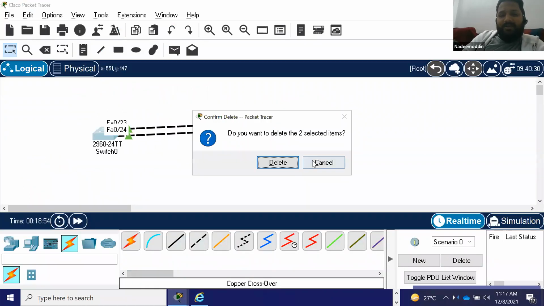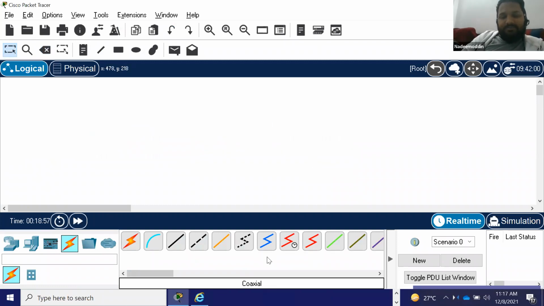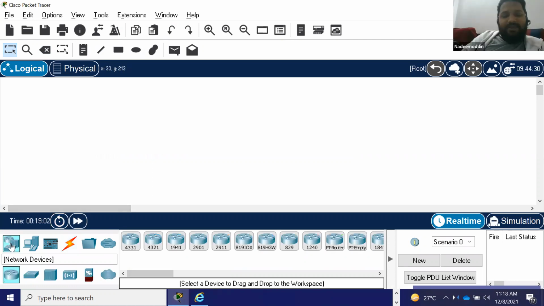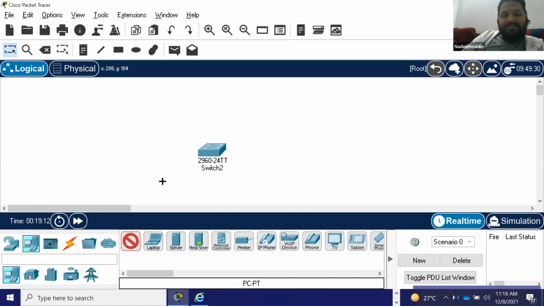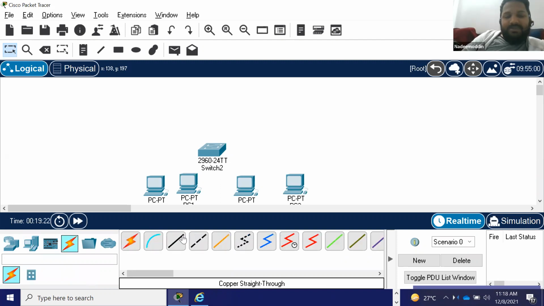So how to do the router on a stick? If I go here, what I need, see, do it very properly, do it with the basics, then you can go for advanced. So first I will connect a switch. One switch only I needed. Then I need 4 machines. PC1, this PC, and this PC to this PC. First I will build my LAN. So first physical connectivity. So I will say from here to, let's say, port 1 and port 2.